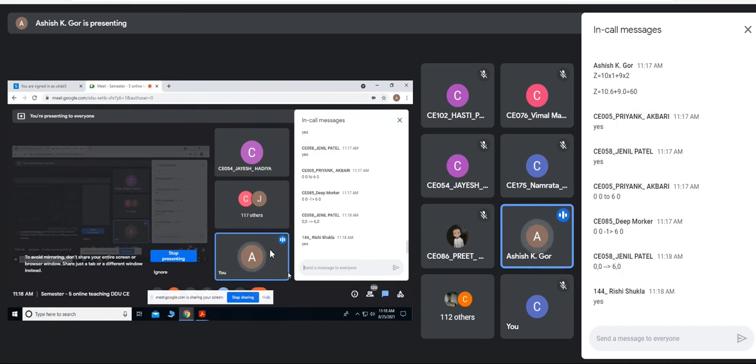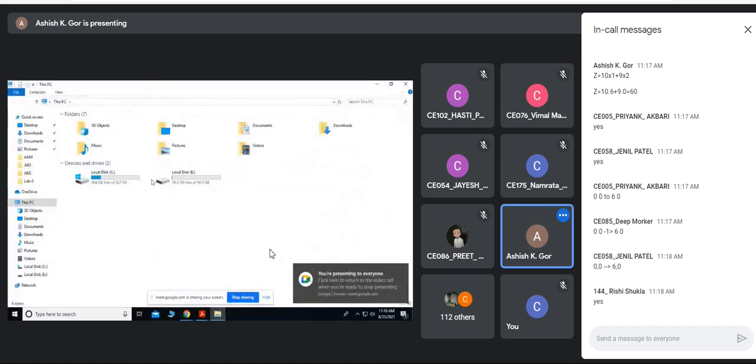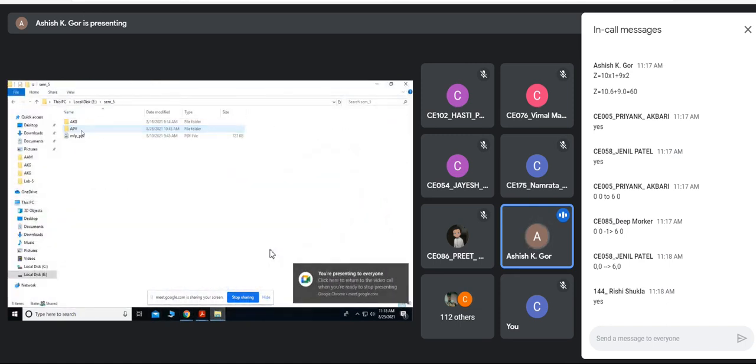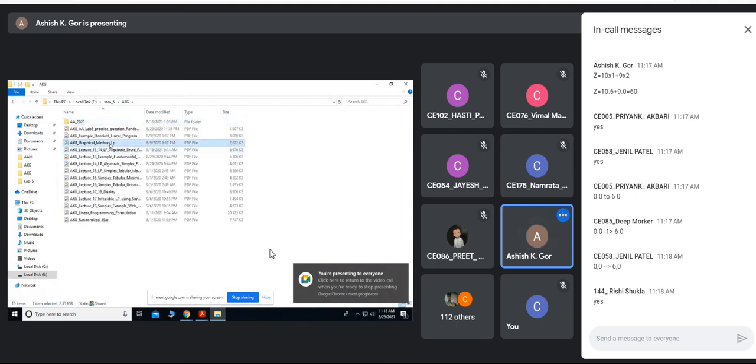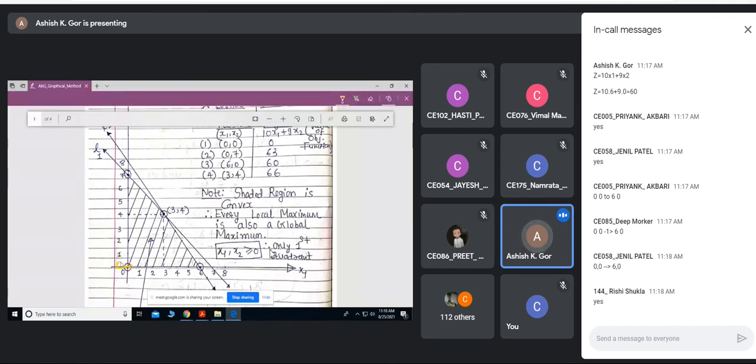0, 0. If you see the corner point, if you see the graphical method, you see, I moved from 0, 0. Earlier I was here by setting the slack variables to 0. I moved to this point, 6, 0. You know this is an optimal, but I moved from 0, 0 to 6, 0. That way I improved the solution.